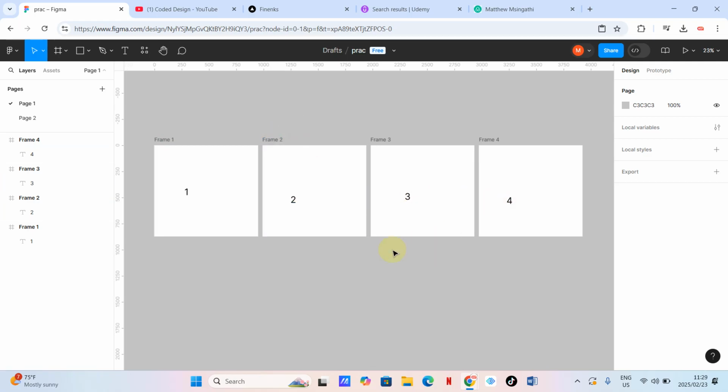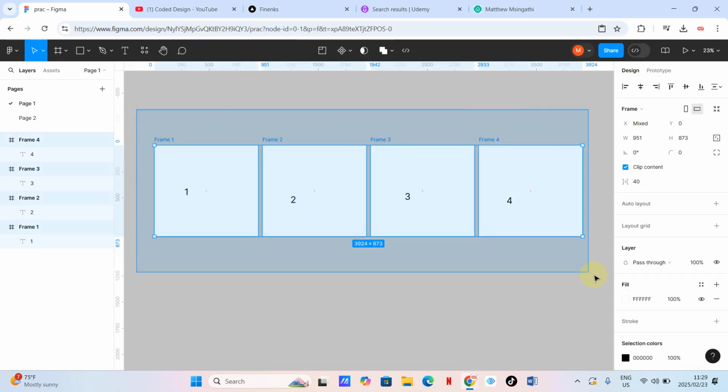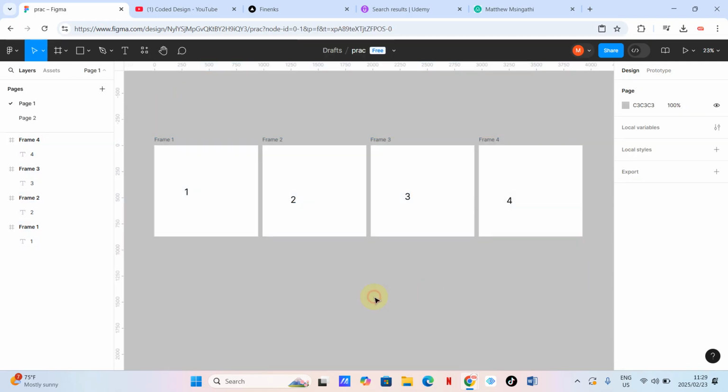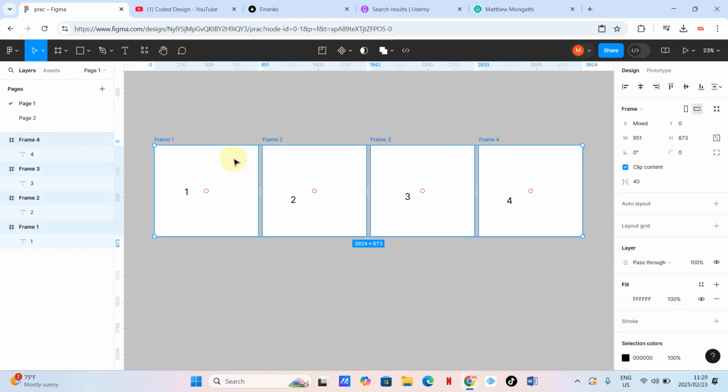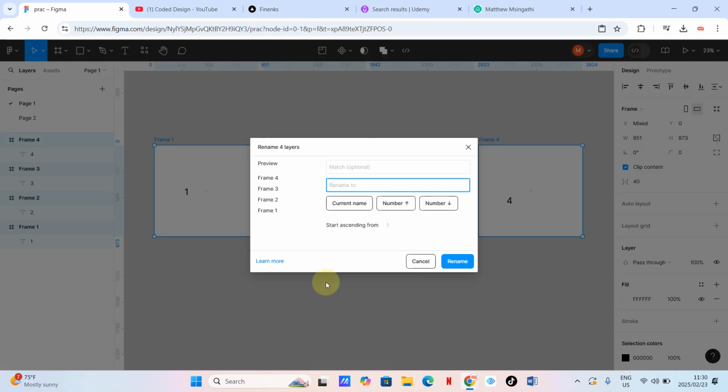Everything works well. And then what we need to do is highlight all of these frames. You can do it this way, or you can just click one of these in Windows and click the last one, holding Shift before you click. As you can see, we did the same thing. And then in Windows, please press Control and R. As you can see, we are presented with this